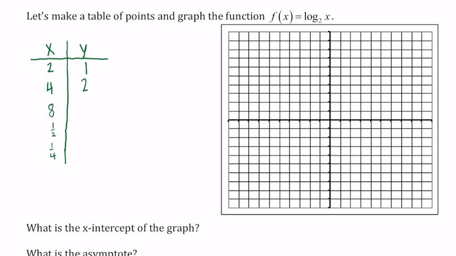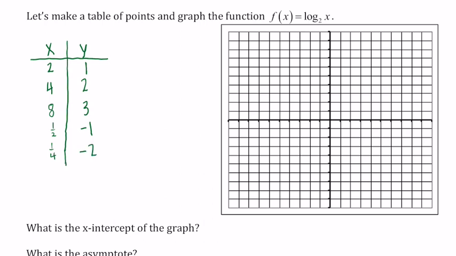When we plug in 8, the logarithm base 2 of 8, 2 raised to the third power is 8, so the answer would be 3. If we put in, for example, 1/2 for x, the logarithm base 2 of 1/2 would be -1. 2 to the -1 is 1/2. Or if we put in 1/4 for x, 2 to the -2 would be 1 over 2 squared, which is